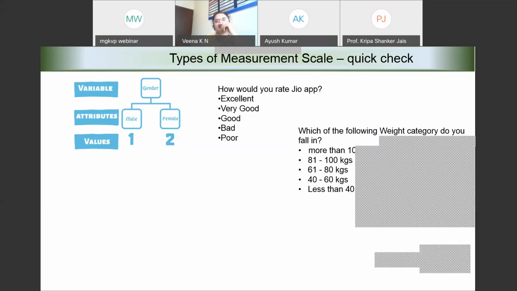How do you rate the Geo app? If I ask you this question, how do you rate the Geo app?